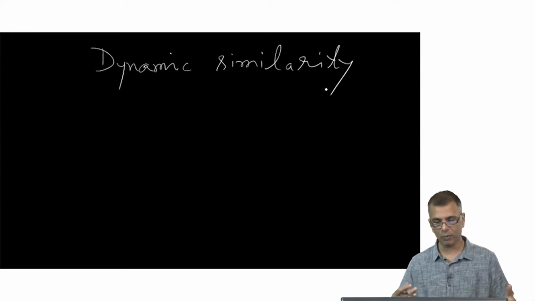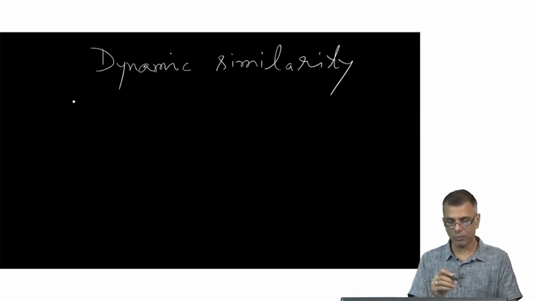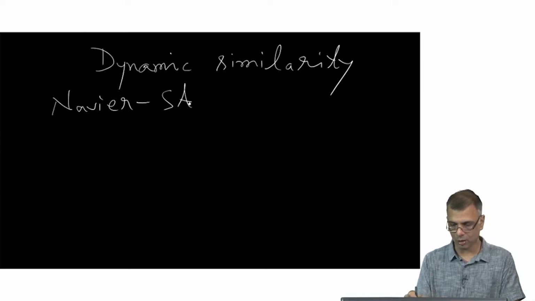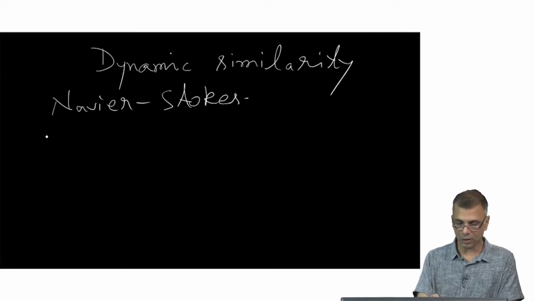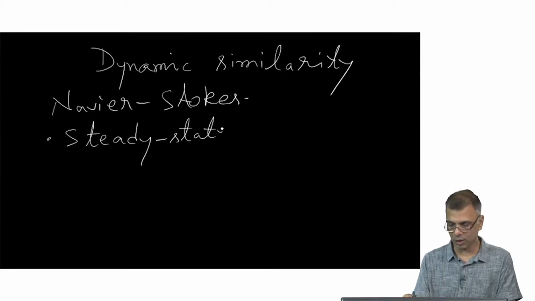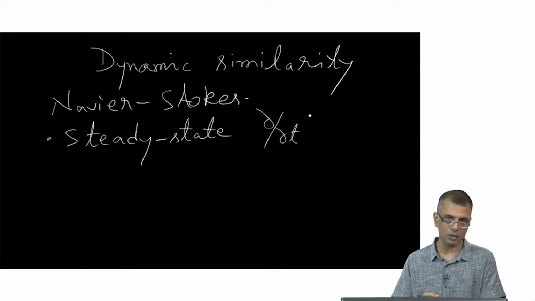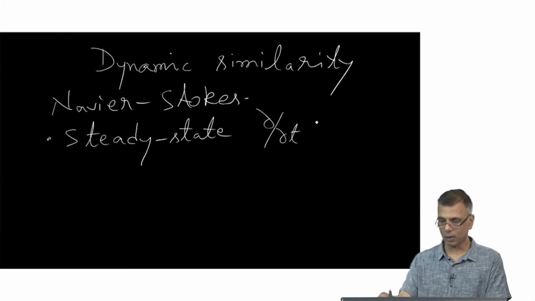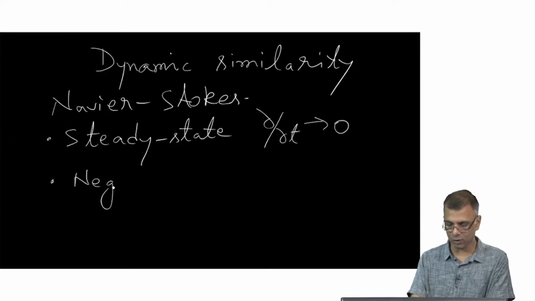We essentially wrote down the Navier-Stokes equation, which is just the momentum equation. We specialize to steady state, which is to say any partial derivatives, in other words time derivatives as discerned by the observer in the lab frame, go to 0, and we also neglected body forces